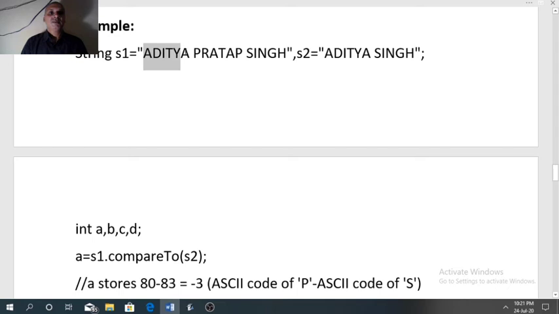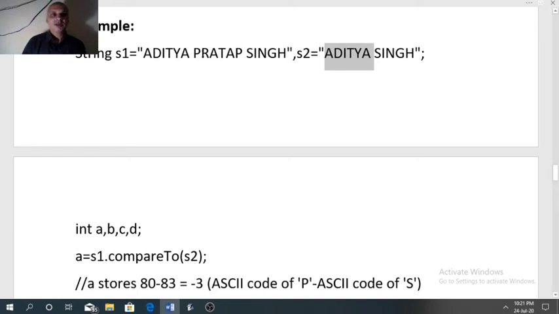So the first word Aditya up to space on the left side is the same as Aditya space on the right side string. So the ASCII code of characters at the same index position in both the strings is the same, the difference is 0.